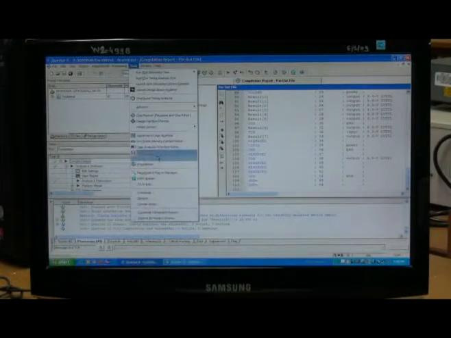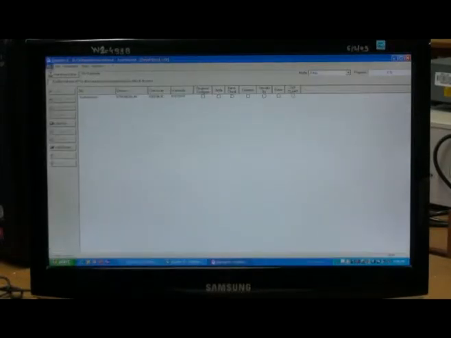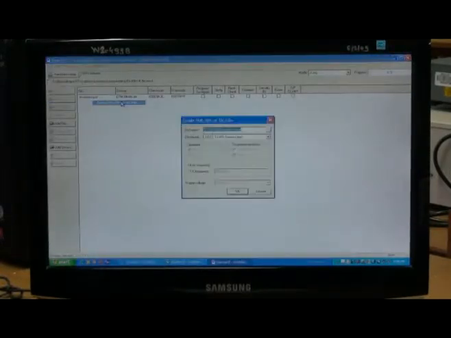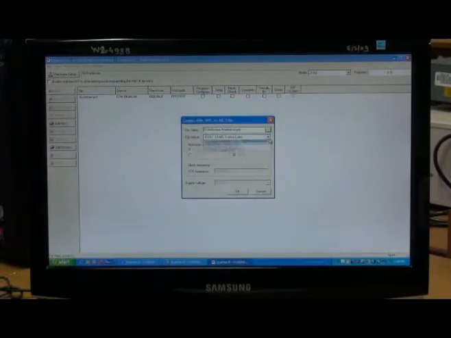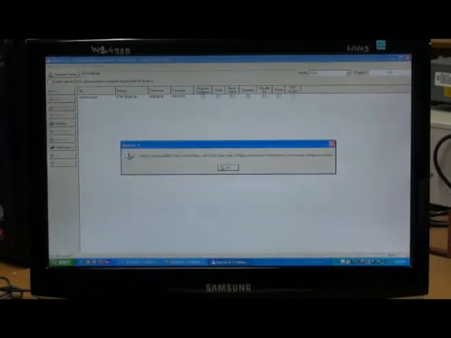Go to Tools, Programmer, and we'll be needing all the files in the serial vector or SVF format as it's called. That's it. Now the programming file is ready.